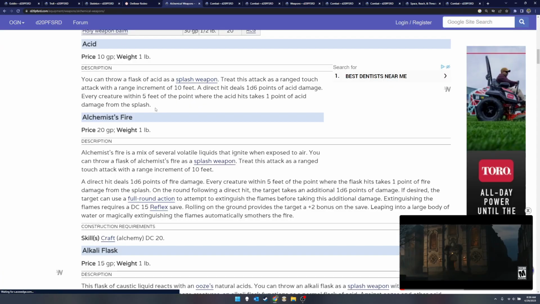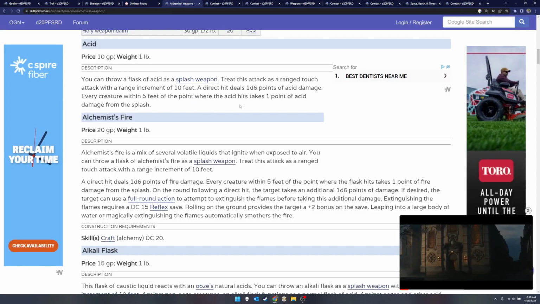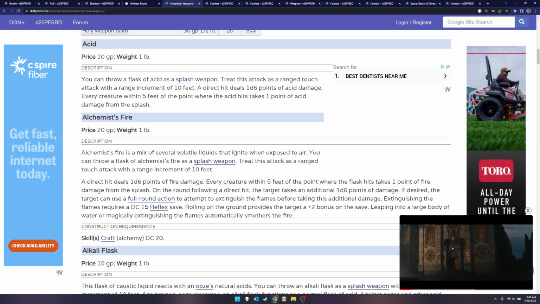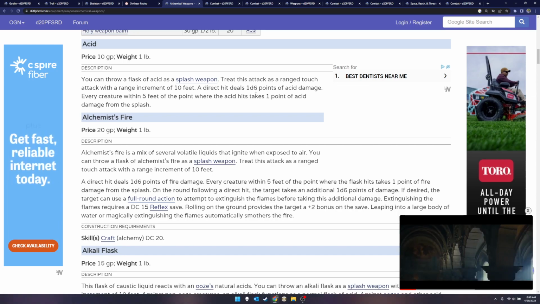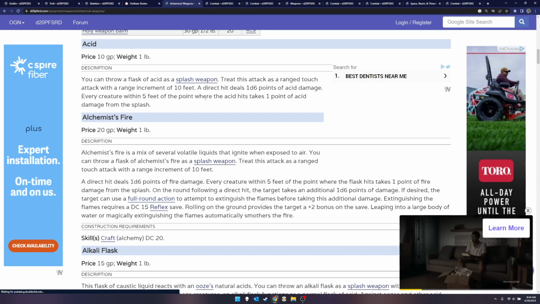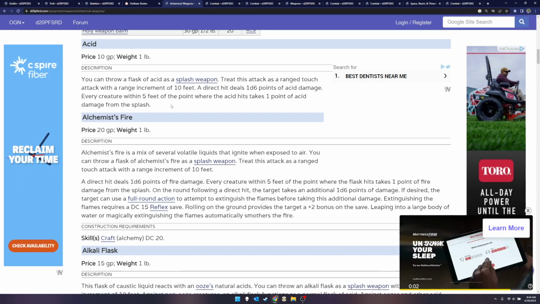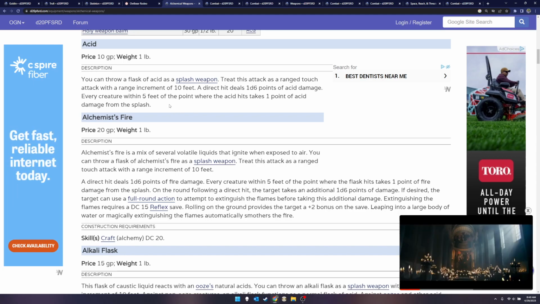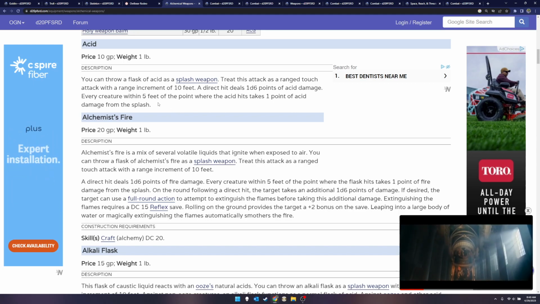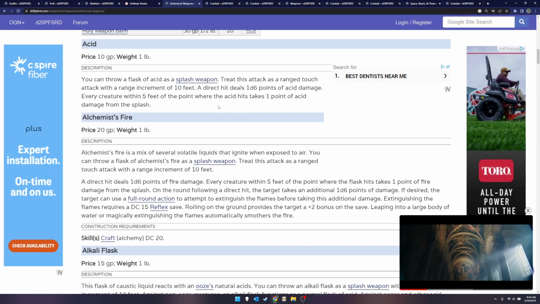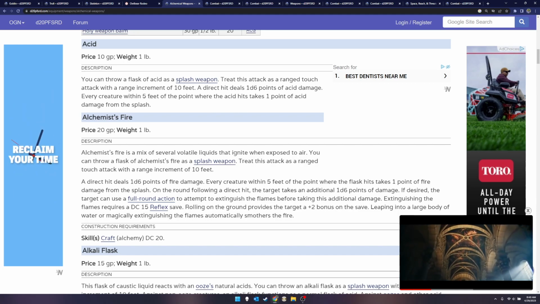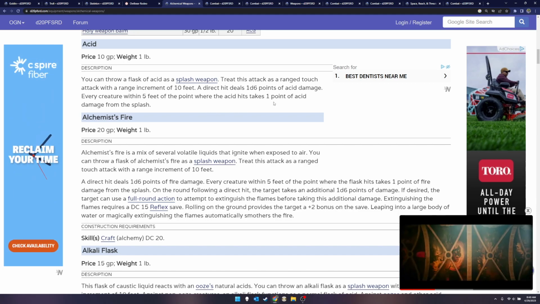First, let's go find out how acid works. It's a splash weapon, which is a ranged touch attack with a range increment of 10 feet. It deals a d6 points of acid damage, and every creature within 5 feet of the point where the acid hits takes 1 point of acid damage from the splash. So that seems pretty straightforward. We make a ranged touch attack against our target. He's going to take a d6, and then anybody standing next to him is going to take 1 point of